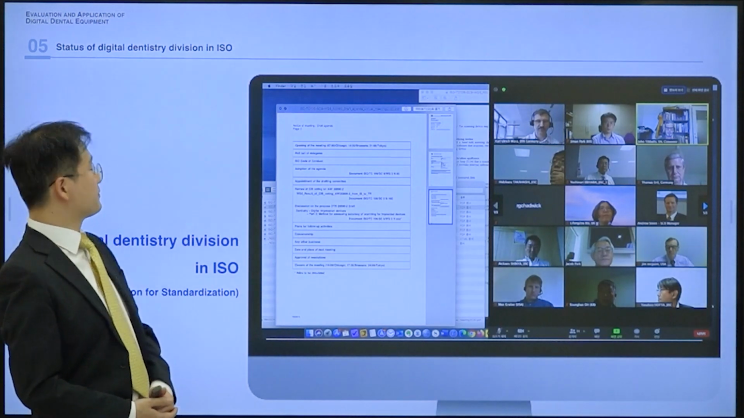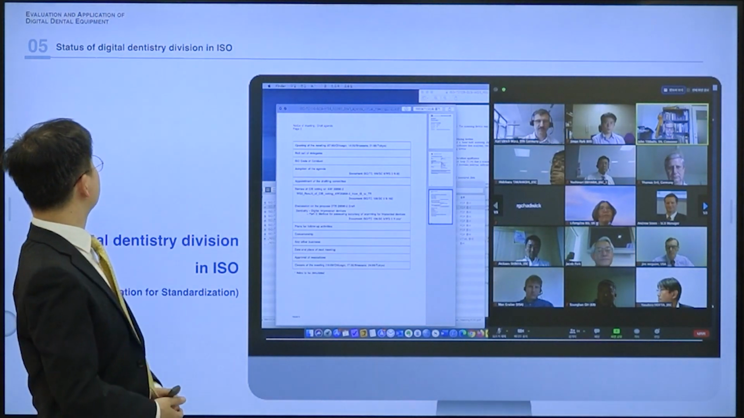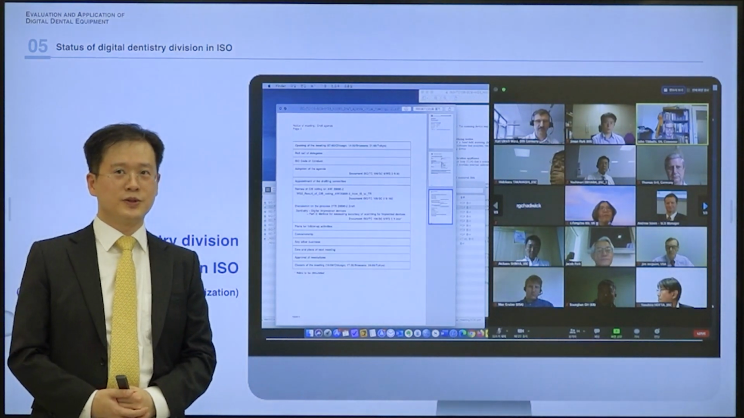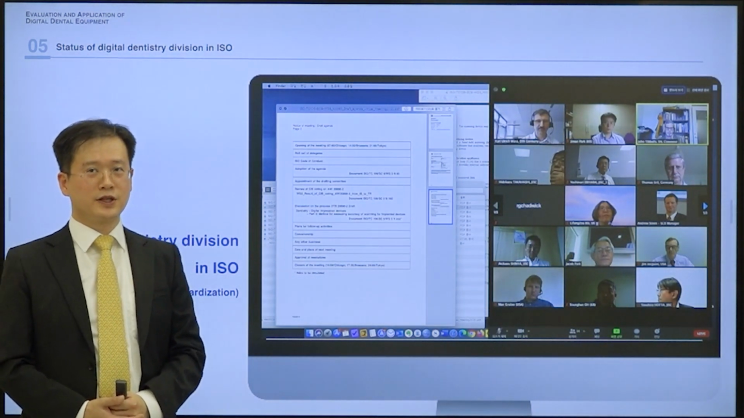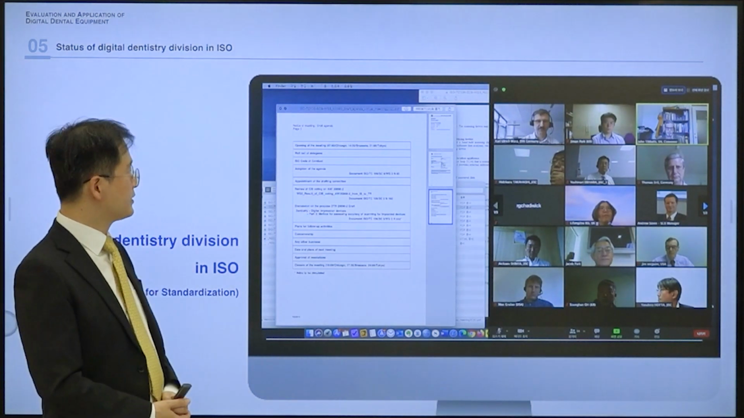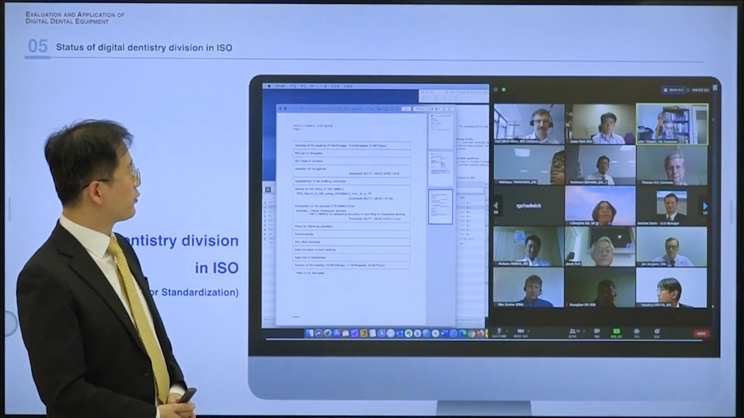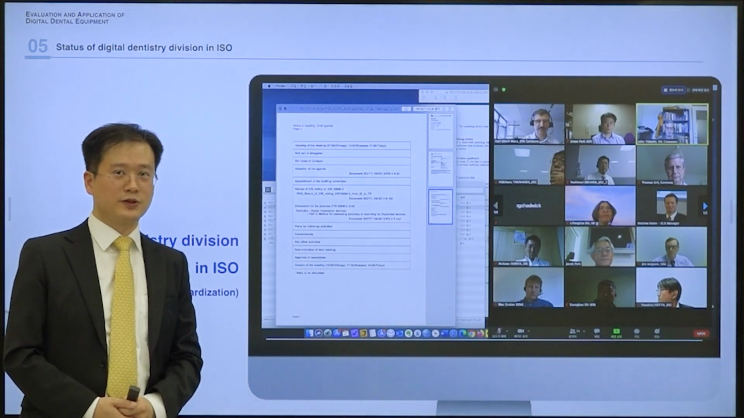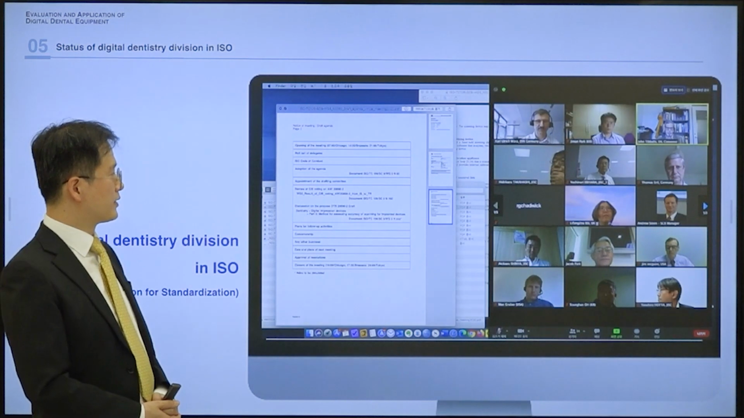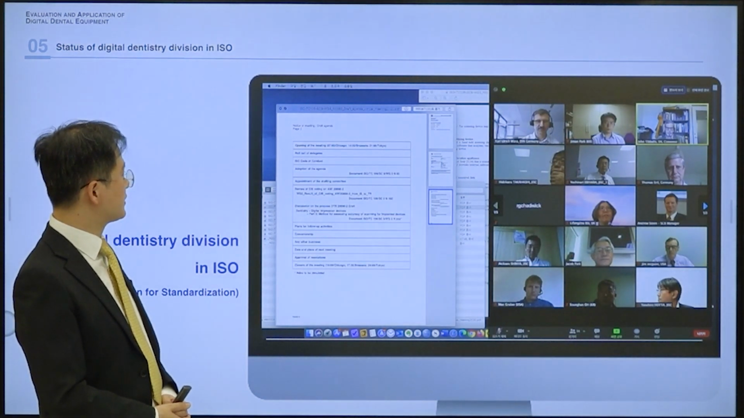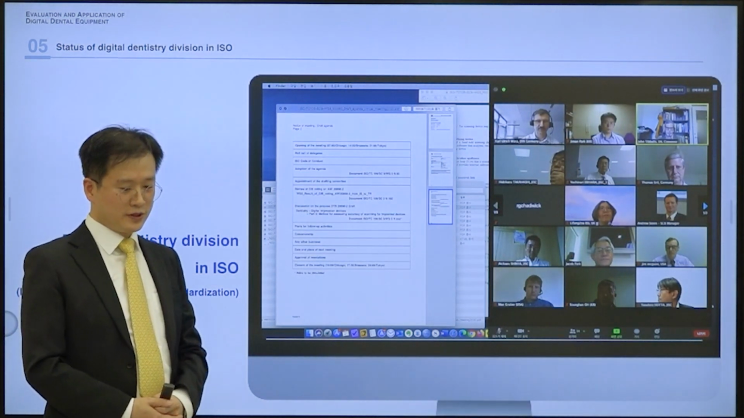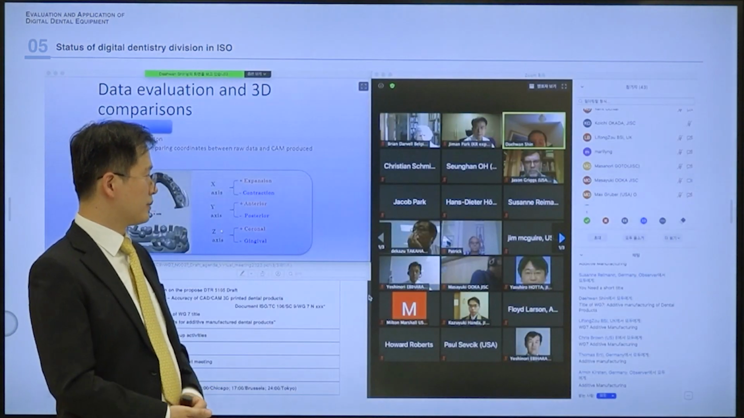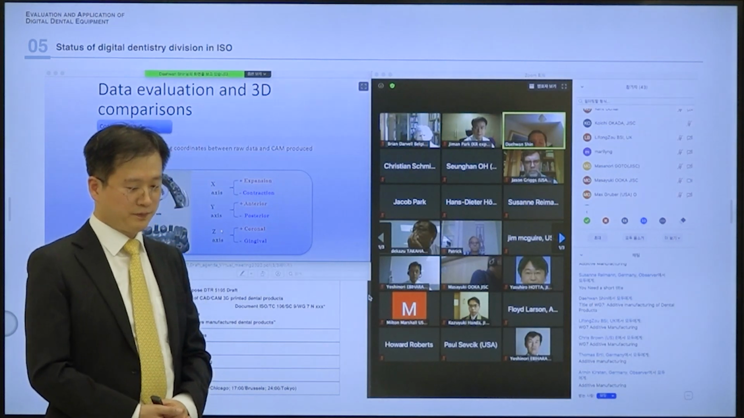Okay. On lesson 5, status of the digital dentistry division in ISO. I am participating in the international meeting every year, and I am working on making standards about 3D printers in the dental subcommittee. So I will explain what is made in this ISO